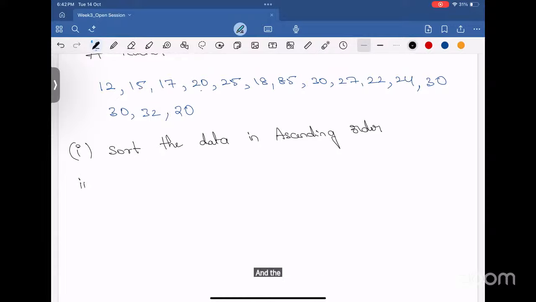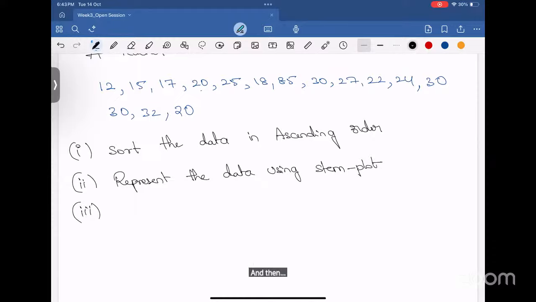And the second question is represent the data using a stem plot. Okay. And then represent the data in a histogram